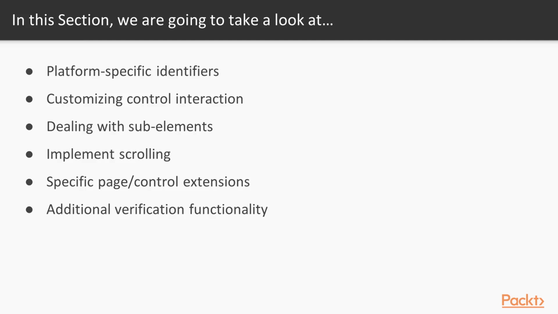Firstly, we'll take a look at platform-specific identifiers and how to deal with multiple independent platforms. Secondly, we'll work on customizing elements behavior to make custom elements compatible with standard elements. Then, we'll take a look at how to deal with compound elements containing sub-items. After that, we'll take a look at how to scroll to different elements. Then, we'll make some additional useful enhancements to our controls. And, in the end, we'll go through some additional functionality which helps us with verifications and which would be helpful